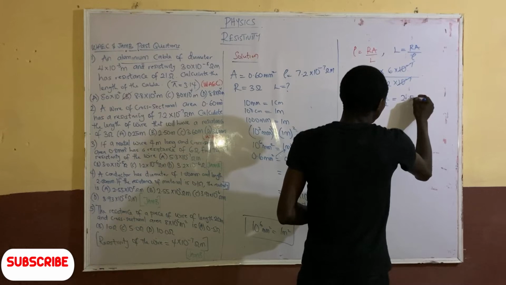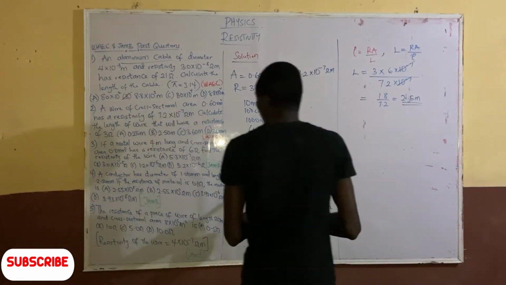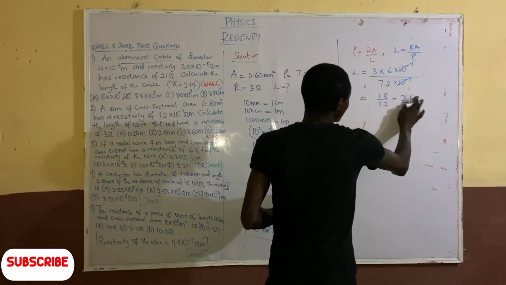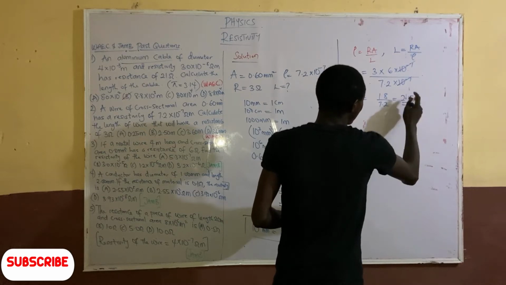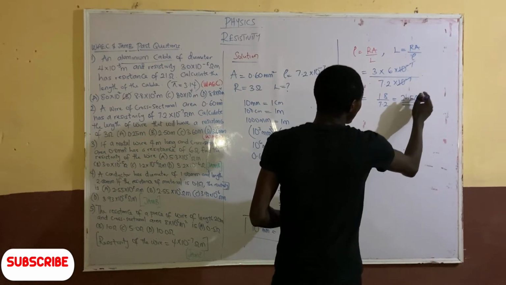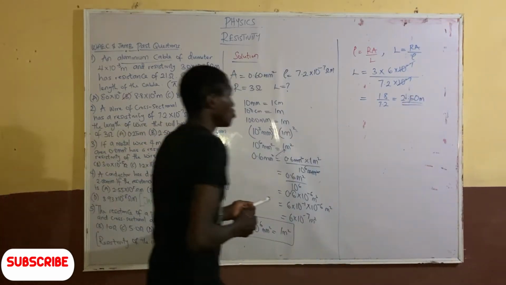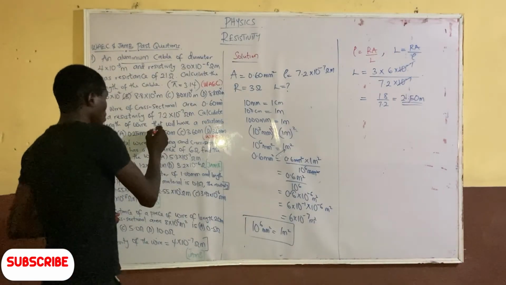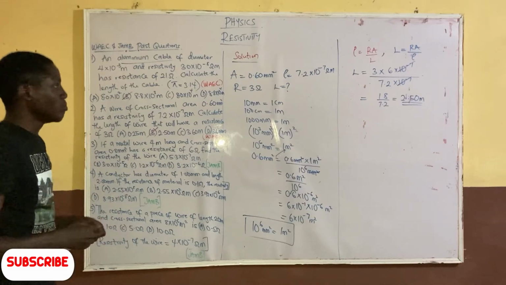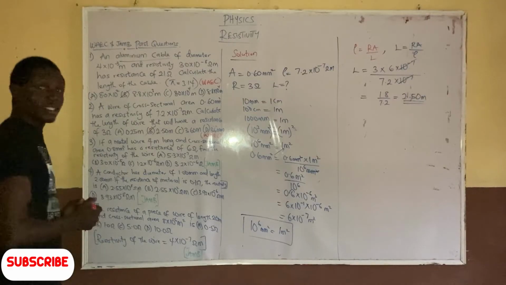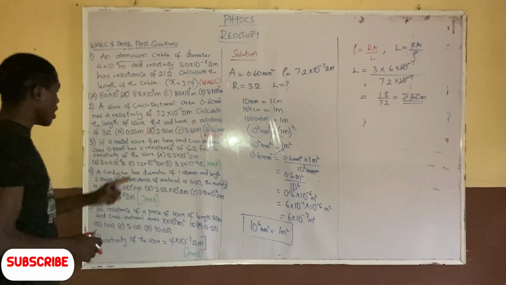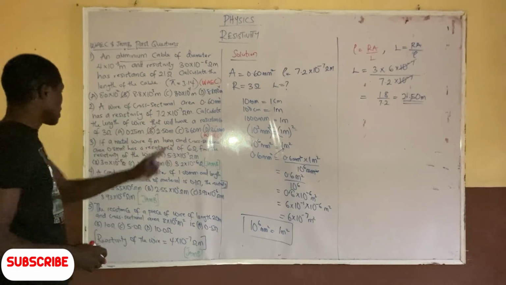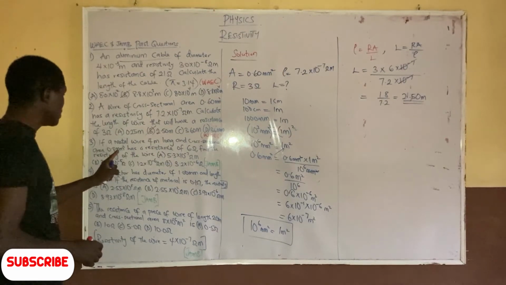2.5 meter. You can add 0 to it if you want to, 2.50 meter. So 2.50 meter is the answer for our length. So that is option B. Question number 3 says that if a metal wire 4 meter long and cross-sectional area 0.8 millimeter square